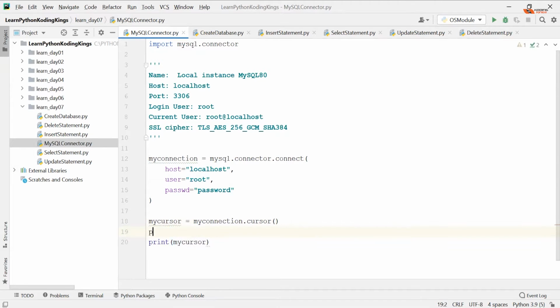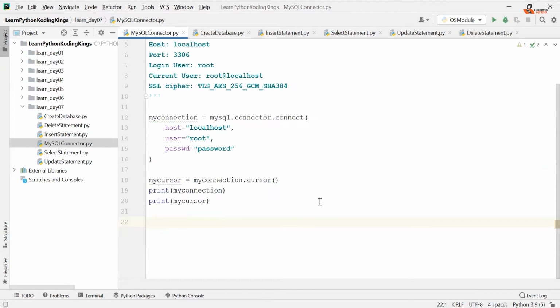You can also print the DB. You'll get some weird characters printed. That's okay. We just wanted to check whether we are able to connect to the database from Python. That's what our target is. One of the important things you should always remember: whenever you make a connection, you should always close that connection. So you always call the close method on this. Cursor will be automatically closed with the connection, or otherwise, if you are not very confident, then close the cursor also. No issues.